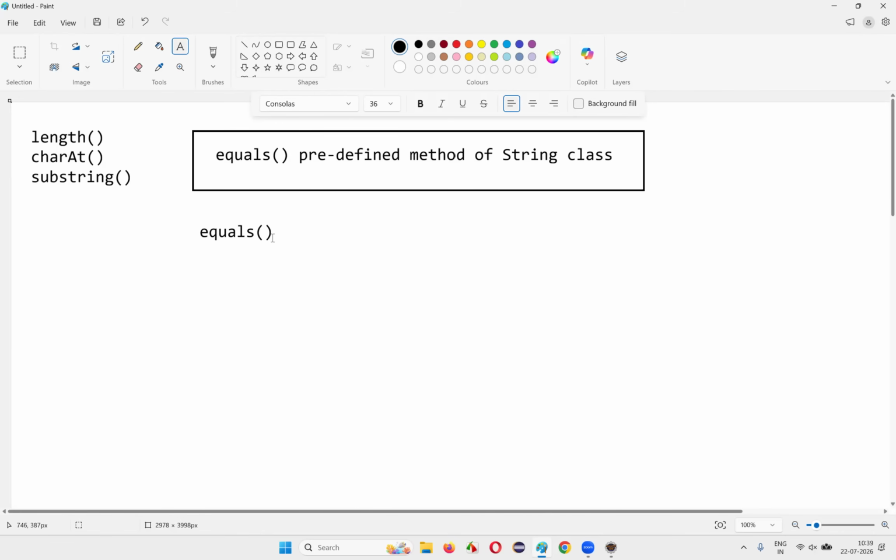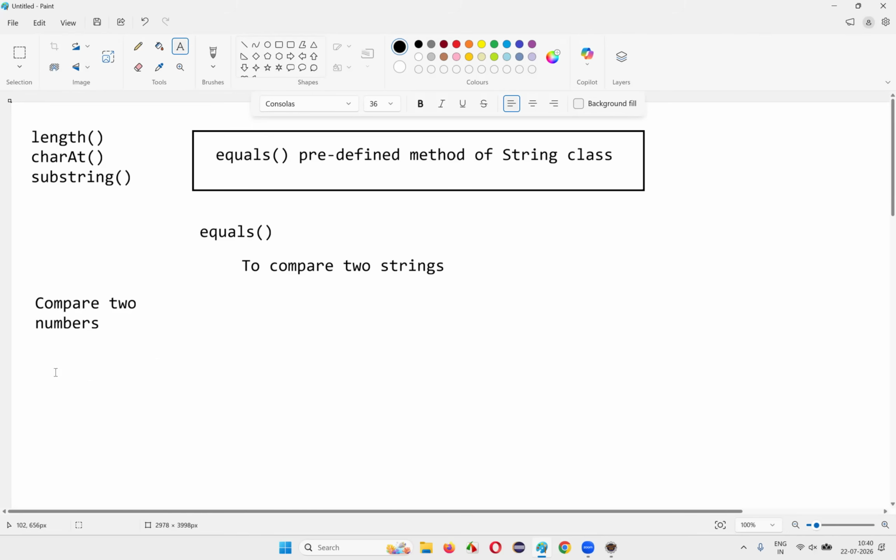So we have to use the equals predefined method to compare two strings, whether these two strings are equal or not. For comparing that, we have to use equals. But for comparing, we were using a different operator in the earlier sessions. For example, if I want to compare two numbers, whether they are numerical numbers or decimal numbers, or apart from numbers, we also have boolean, true or false kind of stuff,